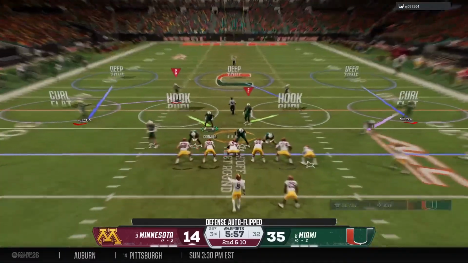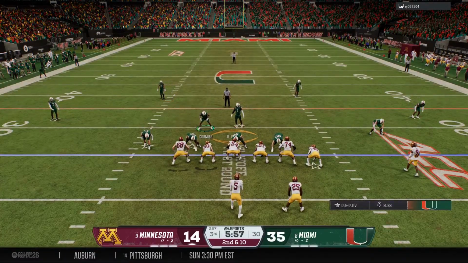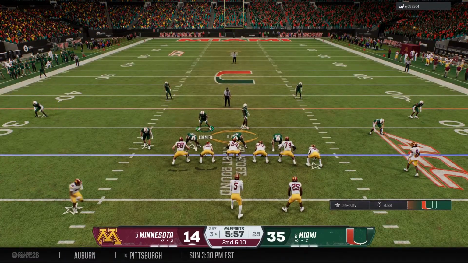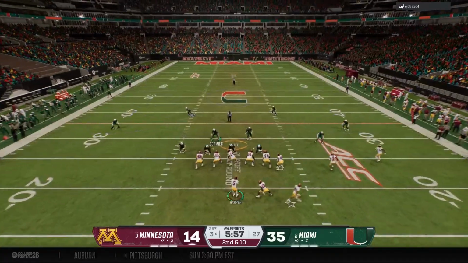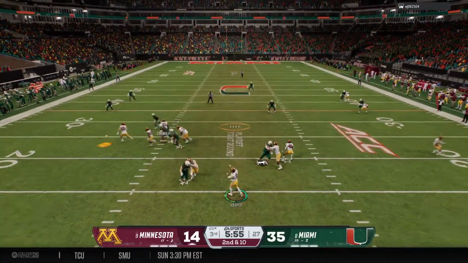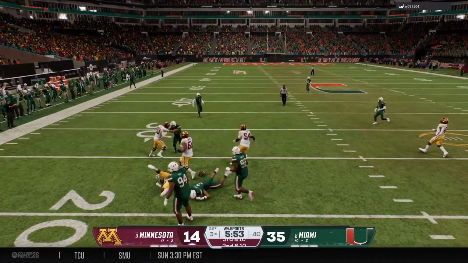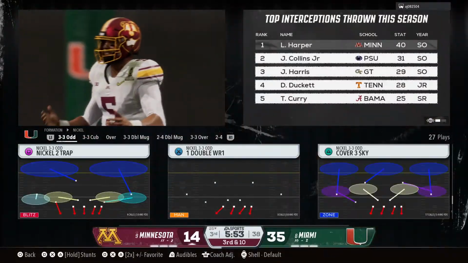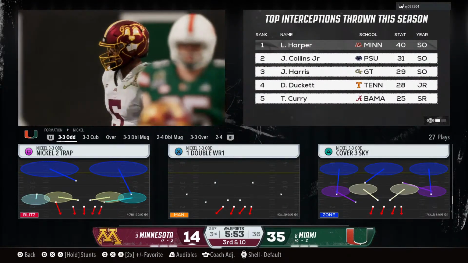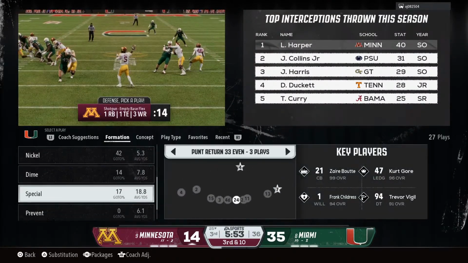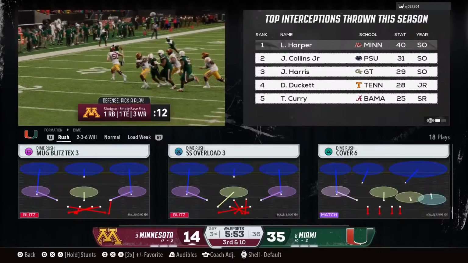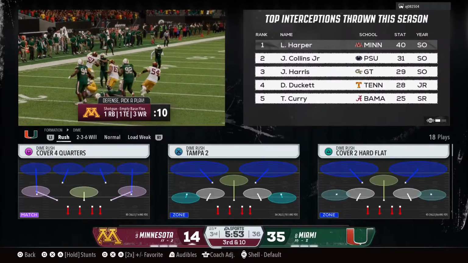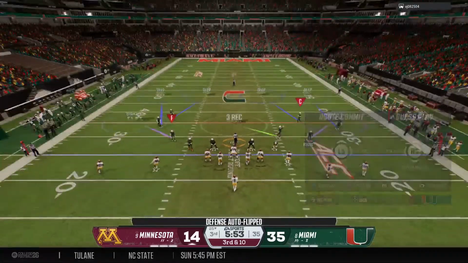Let's face it, a lot of these defenders have got it all: speed, athleticism, but hands sometimes a little questionable, as we saw here. Oh, and he can't hang on. A little screen pass there is going to bring up third. Man, Chris, I don't know if that was a bad read by the quarterback or a bad route by the receiver. They've got to get this cleaned up before the next time they go through the air.